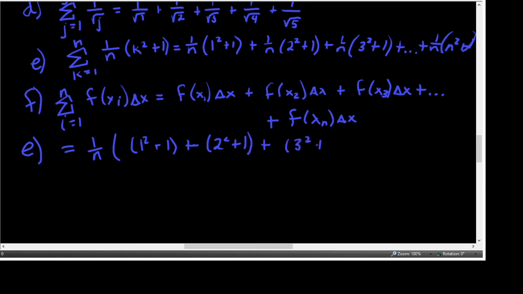What I'm getting are all of the terms that result after I factored out the common 1 over n. I'll get a chance to make this n squared plus 1 from above look a whole lot better. And then that 1 over n